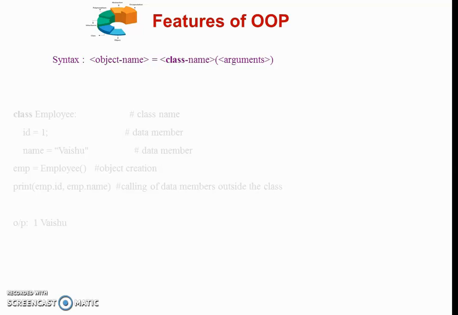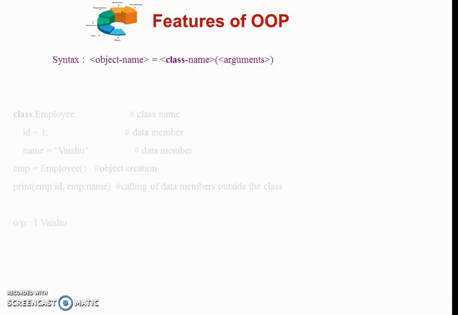Creating an object or an instance of a class is known as class instantiation. From the syntax, we can see that class instantiation uses the function notation. Using the syntax, an empty object of a class is created. Thus, we see that in Python, to create a new object, call the class as if it were a function.